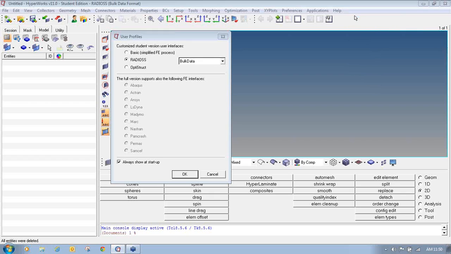Today in this video I am going to cover how to generate 2D meshing even without having a surface. That is, we will see different panels available in HyperMesh through which you can generate 2D elements even though you don't have surfaces, or if you want to generate 2D elements by using lines, nodes or edges, what are the different panels available. So we will see in this video.